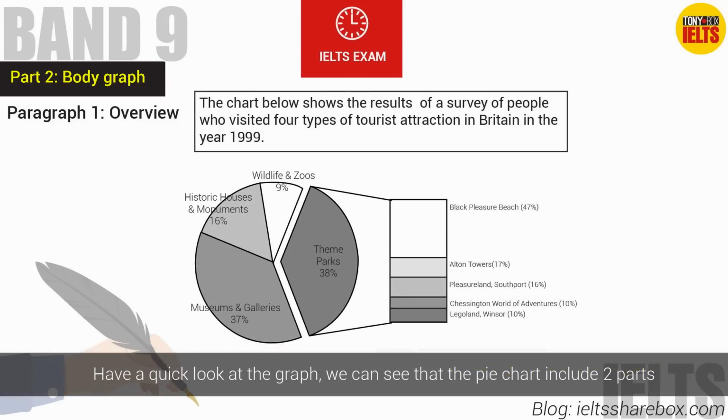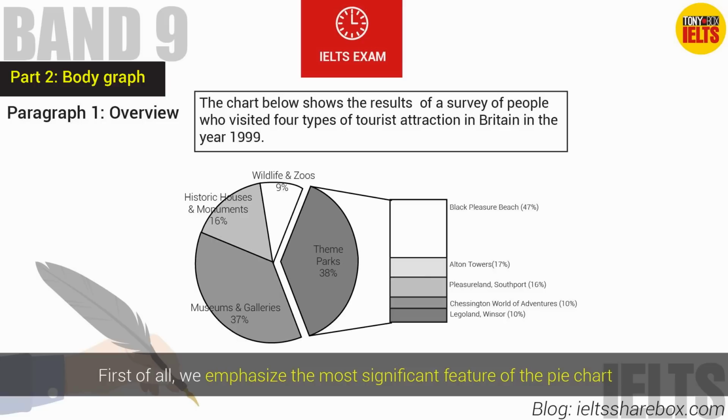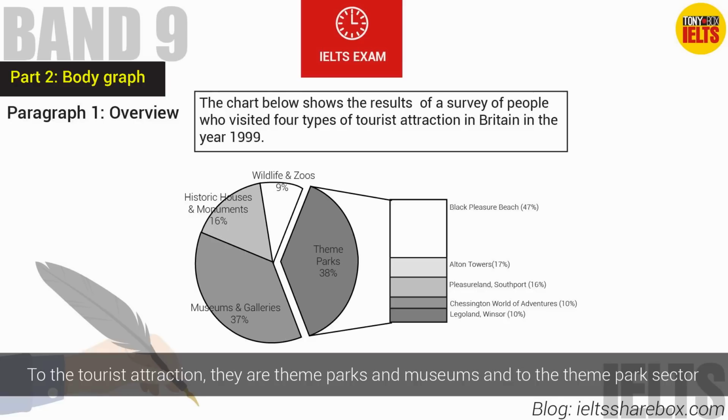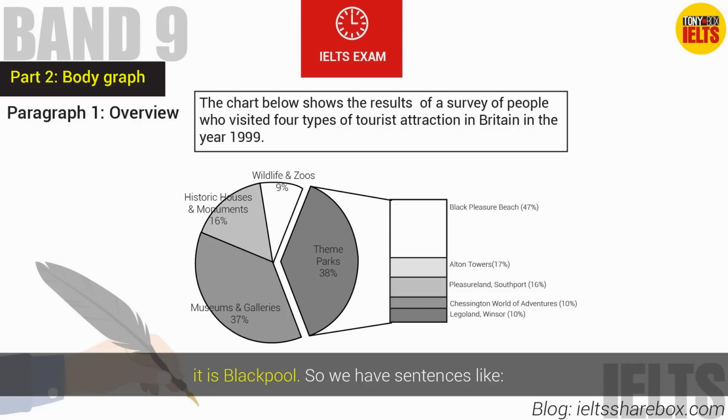Have a quick look at the graph. We can see that the pie chart includes 2 parts, type of tourist attraction and different places in theme parks. So we will have 2 sentences for the overview. First of all, we emphasize the most significant feature of the pie chart. For the tourist attractions, they are theme parks and museums. And for the theme park sector, it is Blackpool. So we have sentences like,